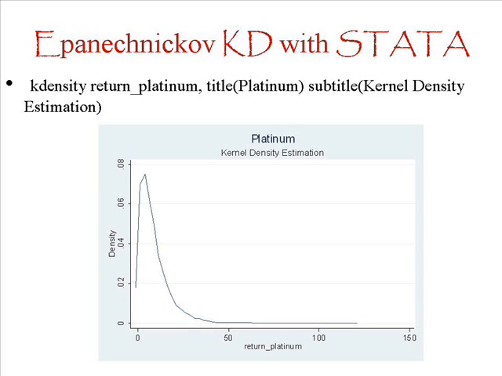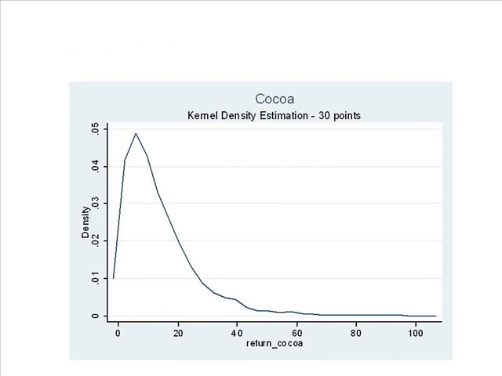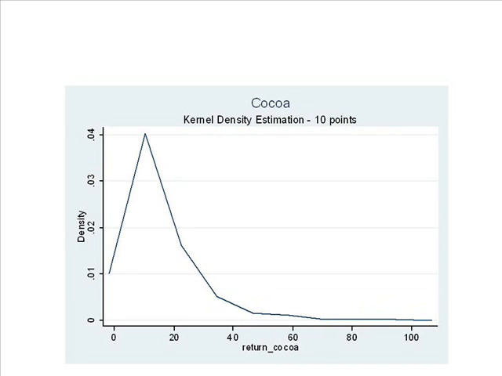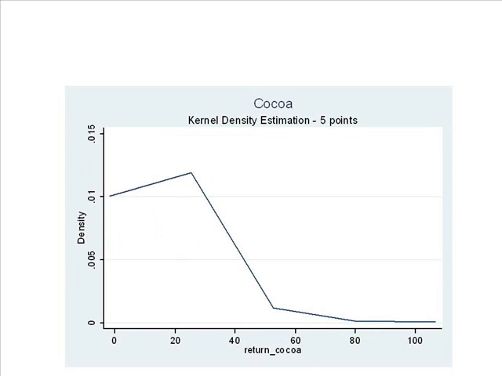I start with 50 points and then I reduce the parameter to 30 points and then again to 20 points and then again to 10 points and finally to 5 points. As you can see, the shape of the distribution function changes. Of course 5 points is rather an extreme example, and of course it's not really significant,